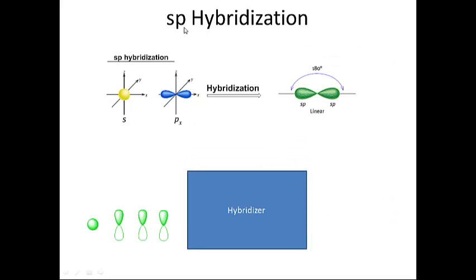So let's go to the next hybridization state, which is sp. Okay, so if a carbon is sp hybridized, you can imagine that I'm taking 1 s and 1 p, right? I'm adding those two together to give me 2 hybrids, right? This is one lobe of the one hybrid. This is one lobe of the other hybrid. So let's put our orbitals here into the hybridizer, mix them up,